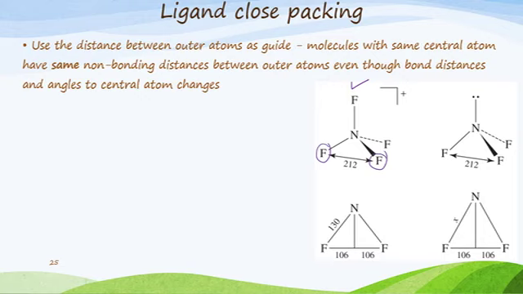Now we look at NF3, where we have this large lone pair of electrons, and we find that not too much happens in terms of the distance between the two fluorine atoms, but the angle will change. The distance will remain the same, but this angle over here is probably going to change quite significantly. So let's construct it, and if we use the Pythagorean theorem, you find that this distance